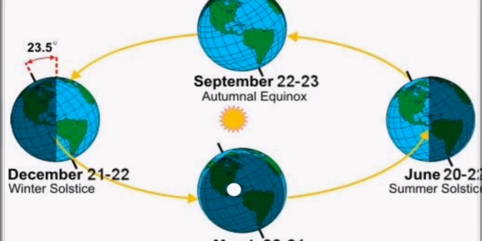On 21st March, it is spring in the northern hemisphere and autumn in the southern hemisphere. So these two are called your equinox. So on 23rd September, autumn season in the northern hemisphere and spring in the southern hemisphere. And during 21st March, it is spring in the northern hemisphere and autumn in the southern hemisphere. Thus you can find that there are days and nights and changes in the season because of what are the two? Rotation and revolution of the earth respectively. Because of rotation you have days and night, and because of revolution you have seasons.